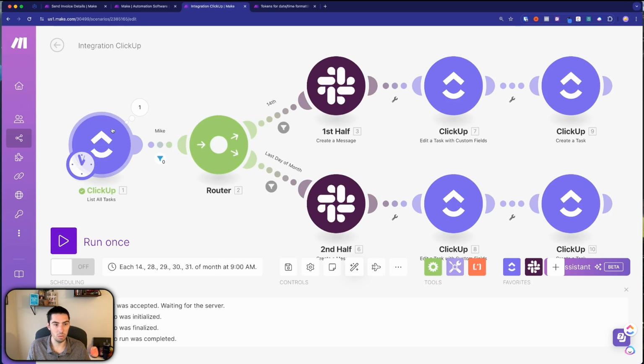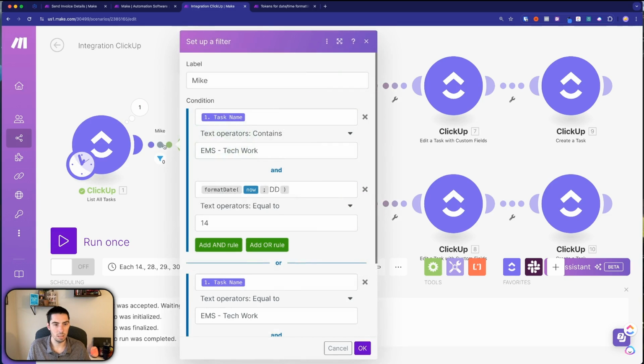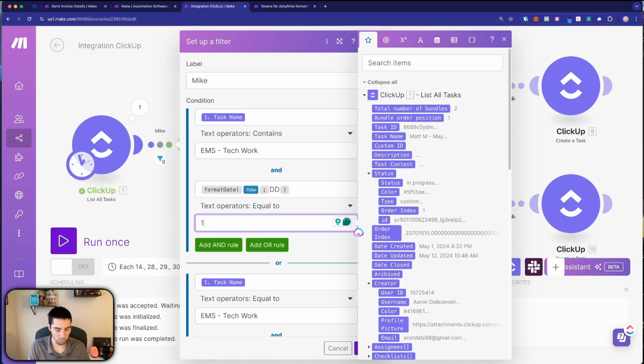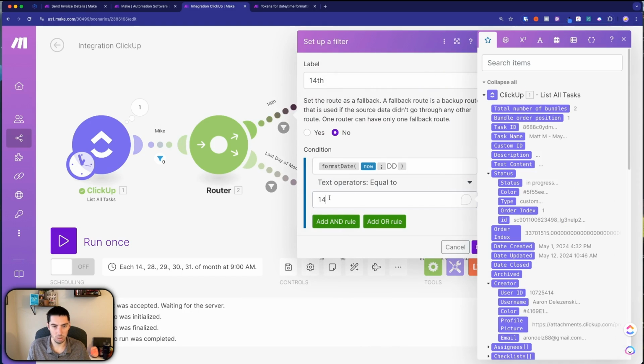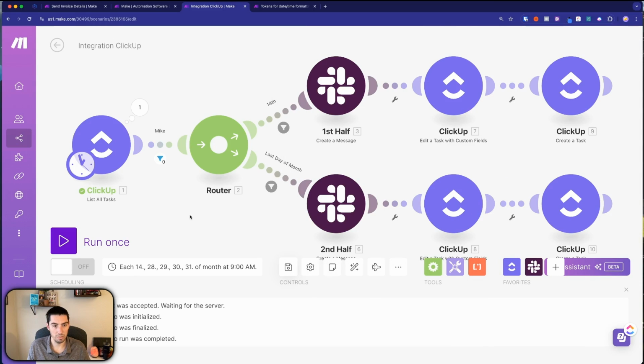If we wanted to do, let's see, today is the 12th. So let's set this up, and we'll say, I want to run the 12th. And that's going to be the top one here. We're going to say the 12th, just for testing purposes. I'm going to save this, and now I'm going to run this once. And what we should see,